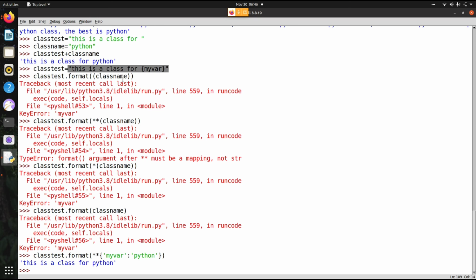Suppose school name, father name, age, date of birth. I will make all those variables in an application form text. I can take data from every student and just replace it here using this kind of format, so that I can make a template out of it.